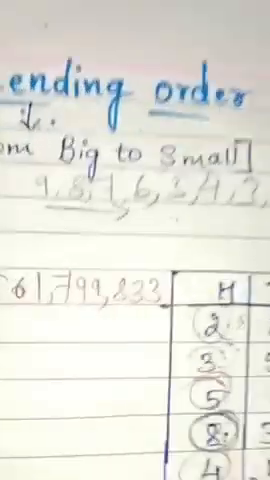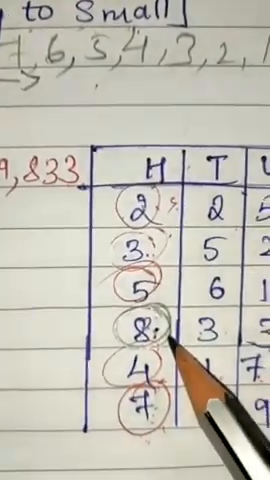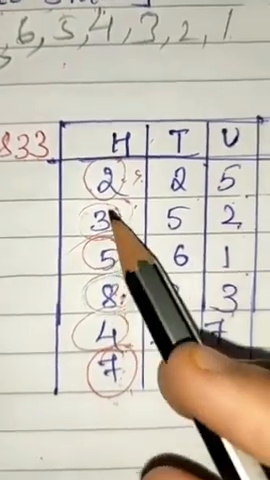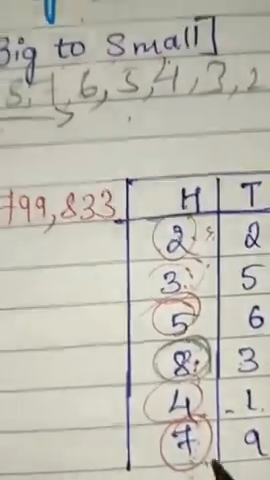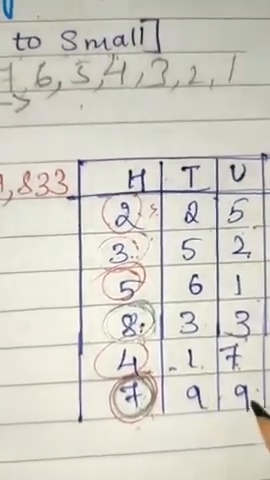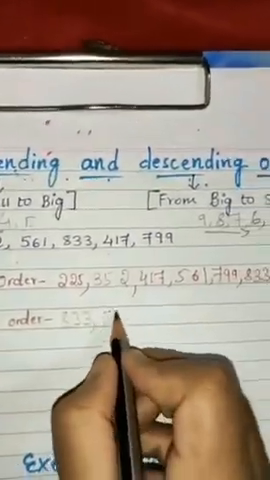Next, after the 800, which is the biggest number here? 7, 4, 5, 3, 2. Yes, 7 is the next biggest number. So 799. Next, after the 7,